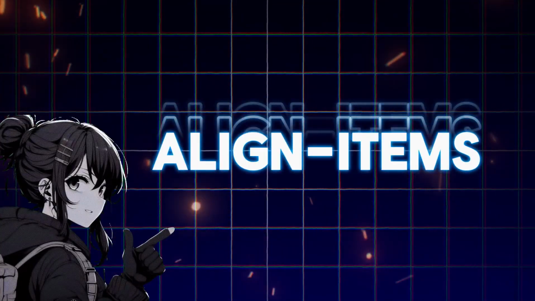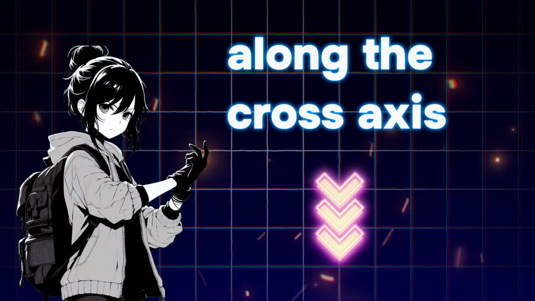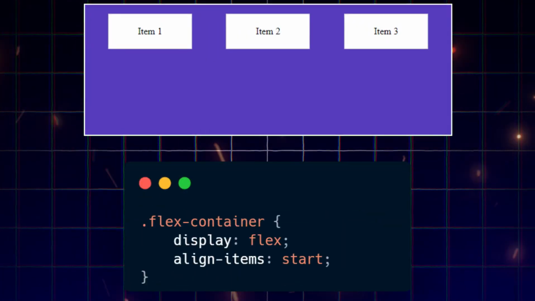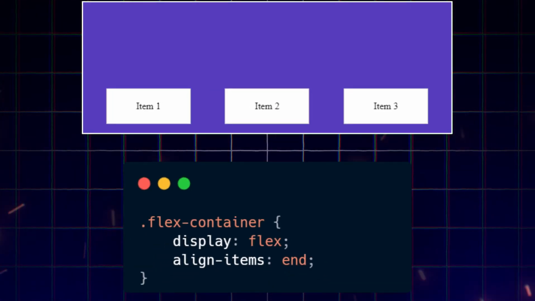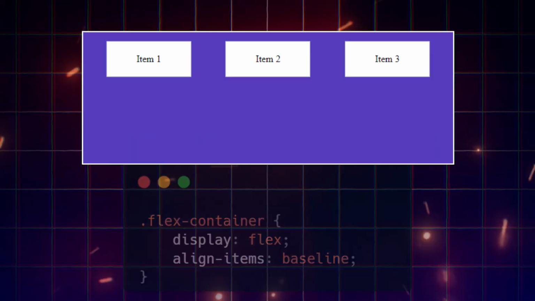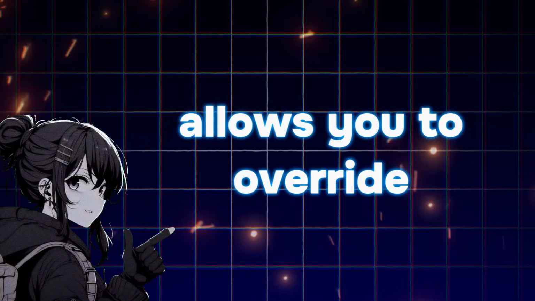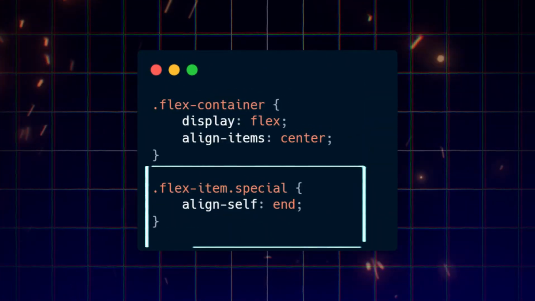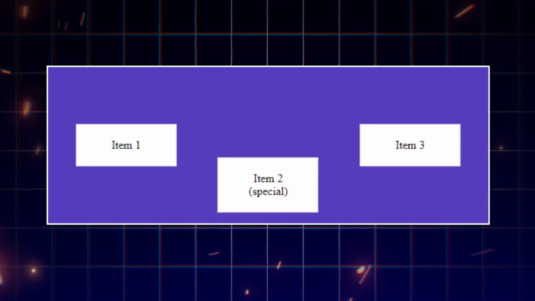The align items property aligns items along the cross axis. You can center items, align them at the start or end of the cross axis, stretch them to fill the container, or align them along their baseline. The align self property allows you to override the align items value for individual items, providing greater control over alignment